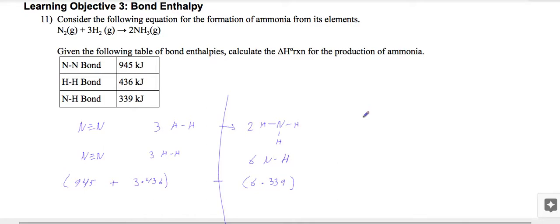And I get 219. So, if we go on through the next problems,